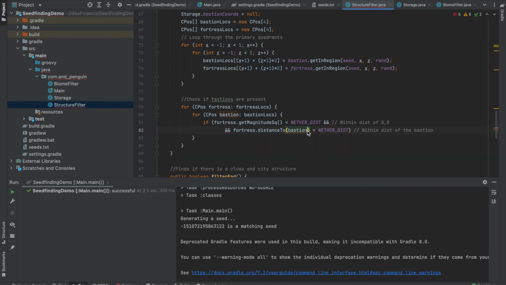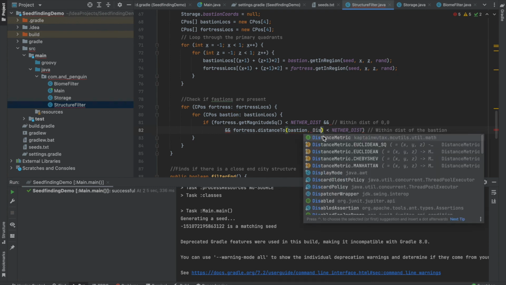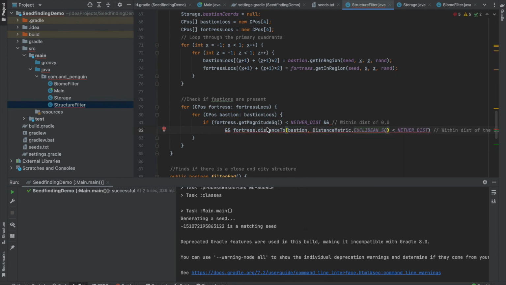Oh yeah, you also need to use the distance metric here because it's distance to and not get magnitude squared. Oh, I wrote and twice. Yeah, so if that is true,